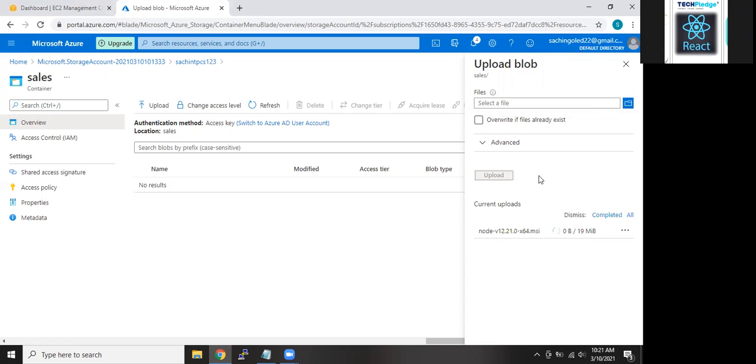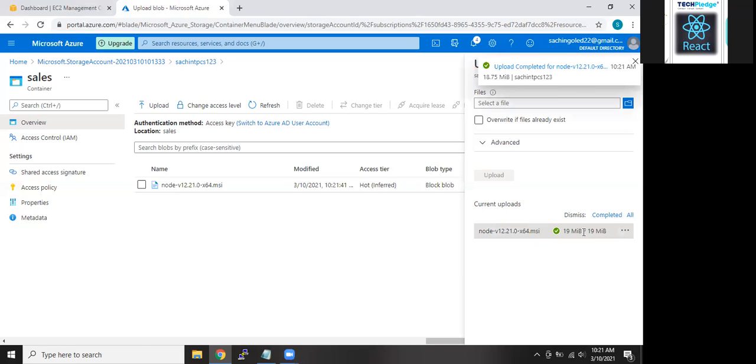It's a big file, huh? It's 19 MB. Should I select a smaller one, or is it completed? It's completed.